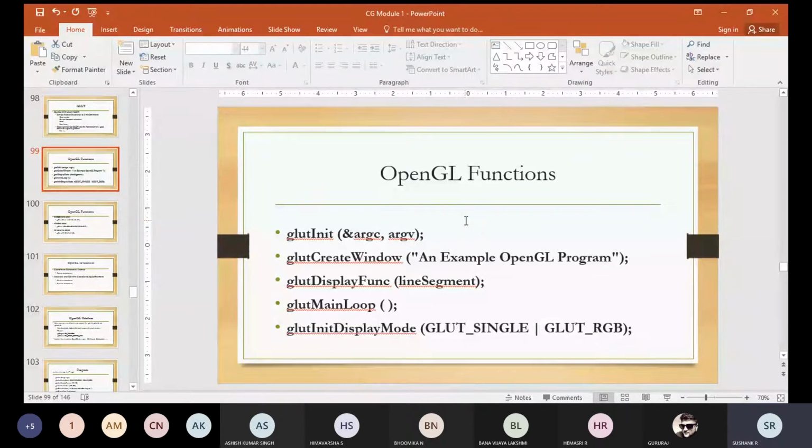The second function was glutCreateWindow. I told you that whatever graphics we are doing will be displayed on the window, that screen. That screen we will call the display window. What this function will do is accept a string as the parameter. So whatever string you are passing to this function will be displayed as the title of that